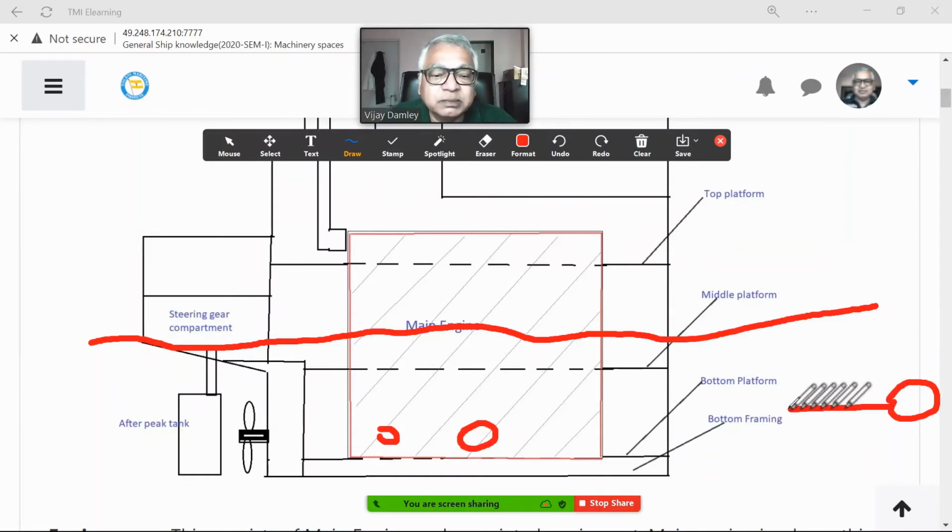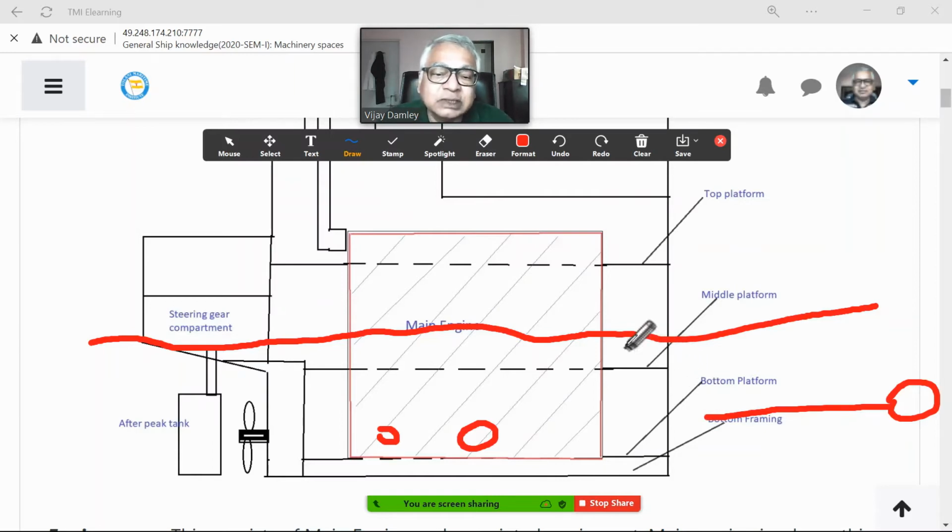So this is brought in, then it goes to the settling tank first, where it removes certain impurities by gravity. Then it goes to purifiers, then the purified oil is put in the service tank, and from the service tank the heated oil travels to the injectors via a fuel pump.